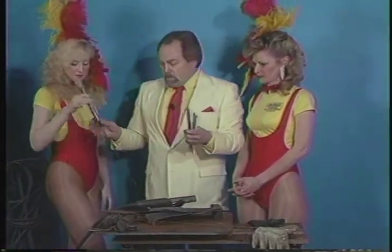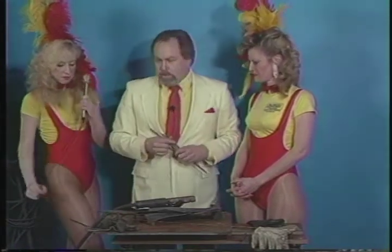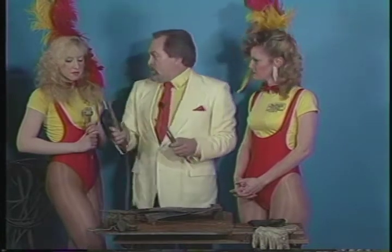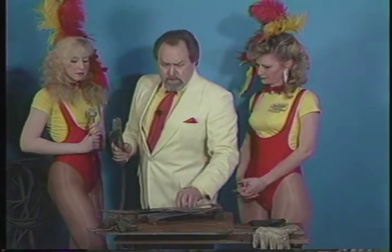Somebody's got to hold this. And we need one other thing. Can you imagine? Now let's presume that we understand that stick welding is an electric form of welding, and essentially